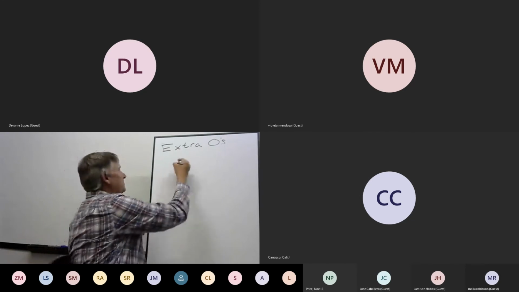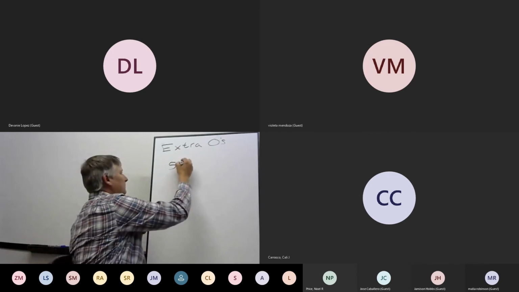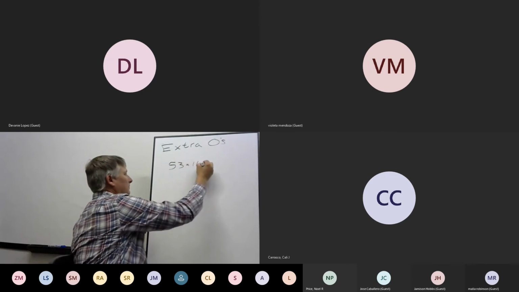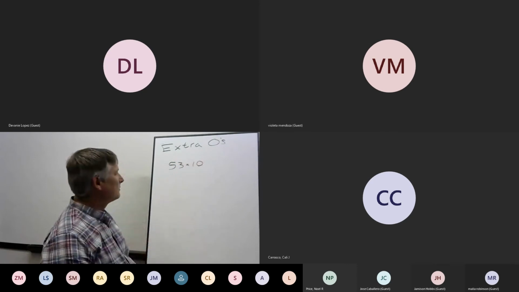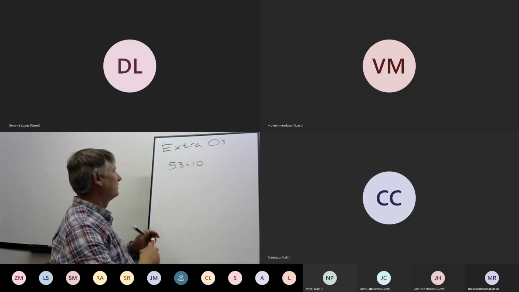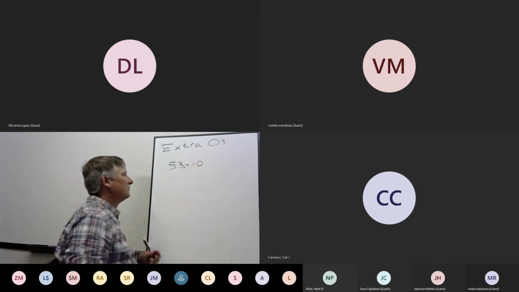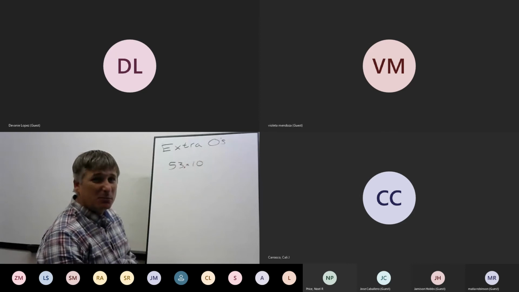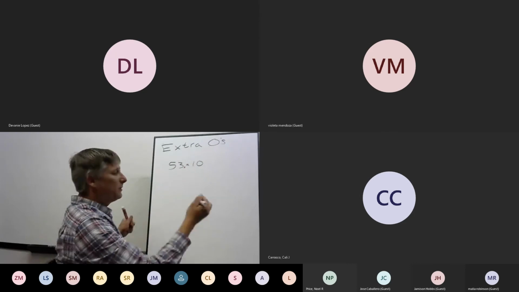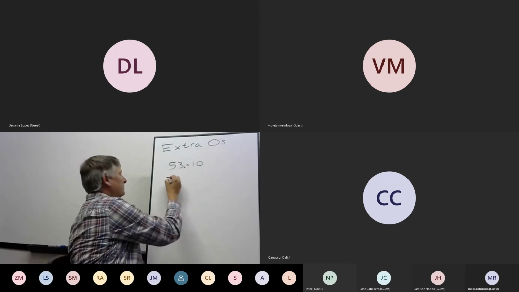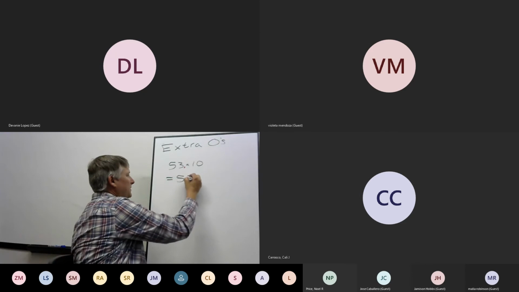So let's say we have this. Well, our decimal point is technically there. It's invisible, but it's actually there. We can rewrite this as